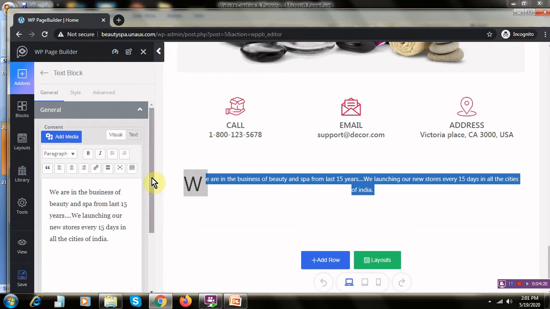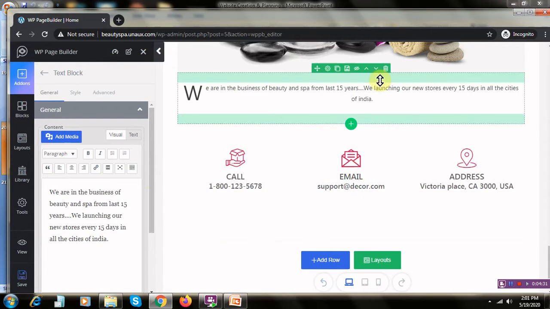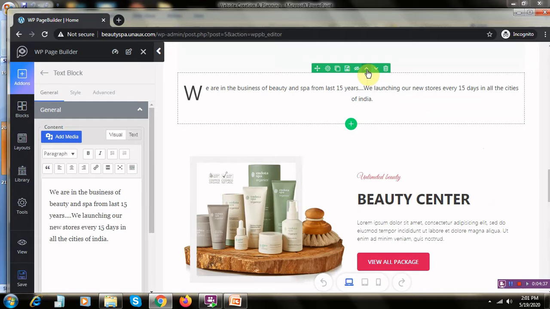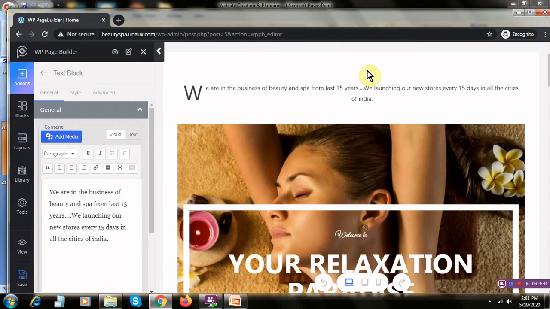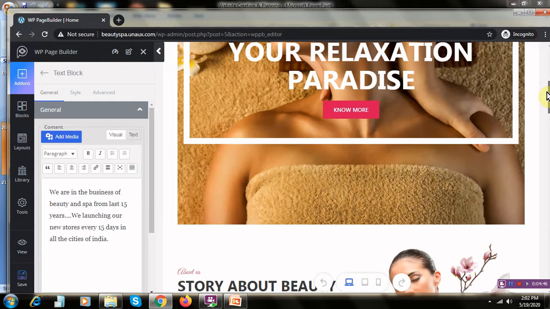Alright, now this is how you will add the text. You have saved it, right? Now if you want to move up, you can take this up. Now it will move up here. See, this one has come down. Now if you still wanted to move this up, you can move it up. You can move it up till the time that you feel this is apt for your business. If you want to see this on the top, you can keep it. And yeah, this is how it is.